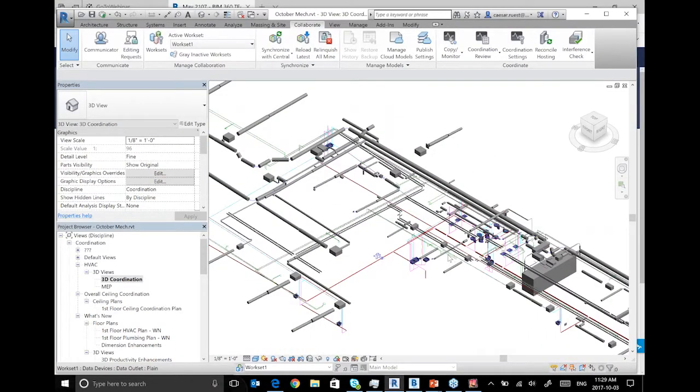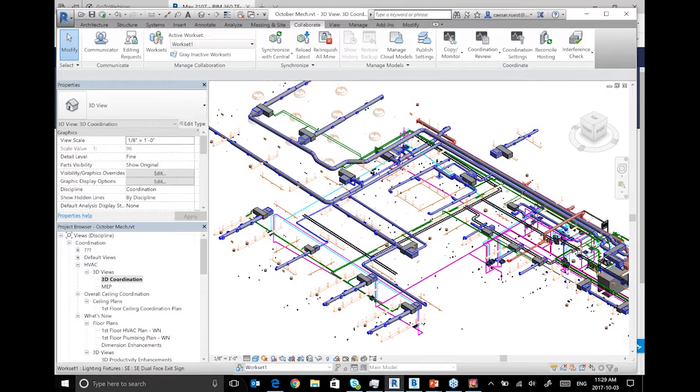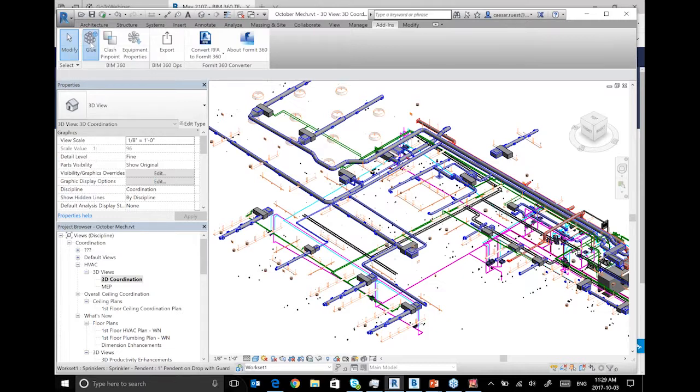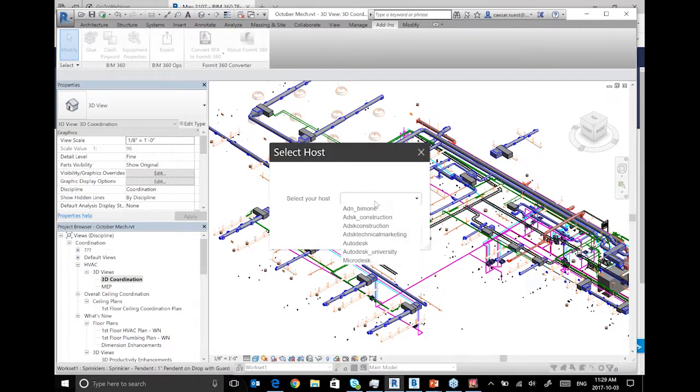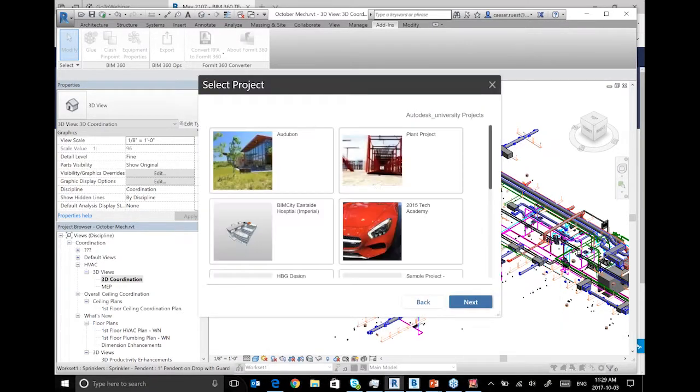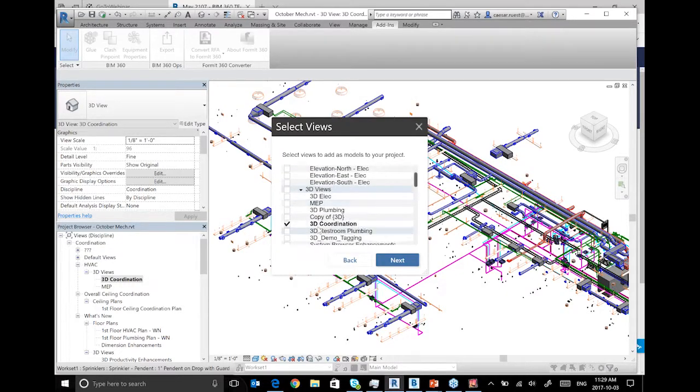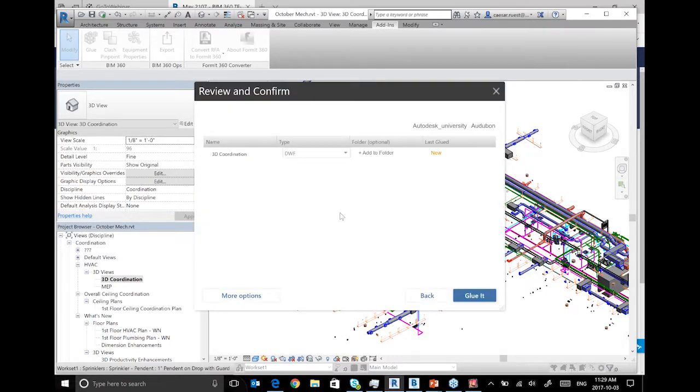So in Glue, we want to coordinate more, like 3D coordination, clash detection in the cloud. This is where you're going to use the add-in for Glue and say, I want to glue this. And I want to put this up to my project in space. And I want to send it to my Autobahn project, and I want to glue this 3D coordination model, right? So again, you asked me, hey, is there a way I can do 3D coordination in the cloud? And this is it. You coordinate, you send this model up to the cloud, and you can rename it here too,